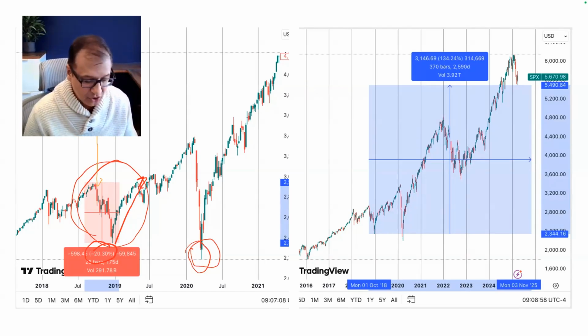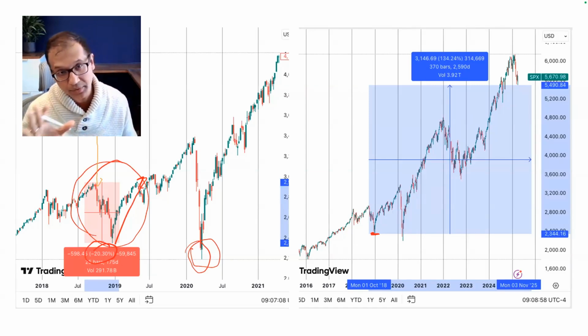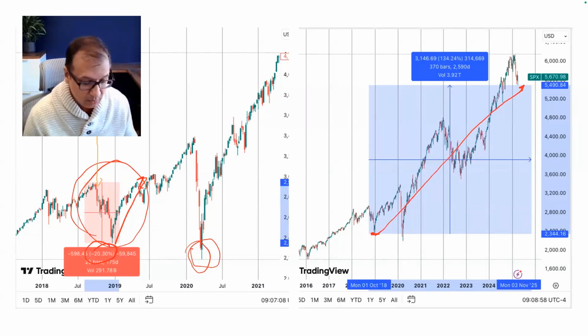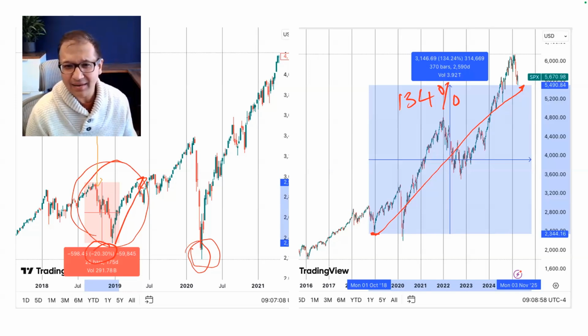And since then, I have a chart here. Since the drop of about 20% in late 2018, early 2019, because of the trade war with China, the stock market then bounced. As of this morning, it was sitting at a growth of 134%. So what's the lesson here? That in the short term, markets misbehave, but in the long run, markets reach their fair market value.